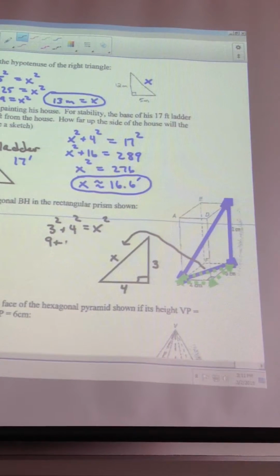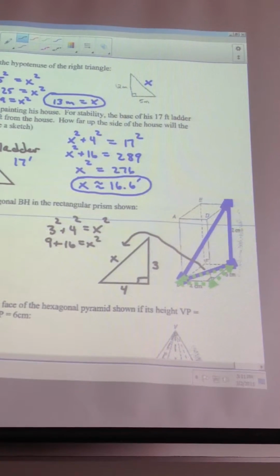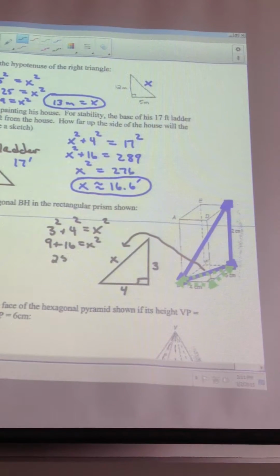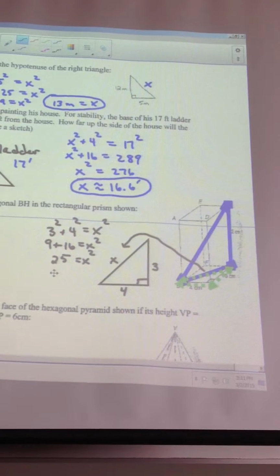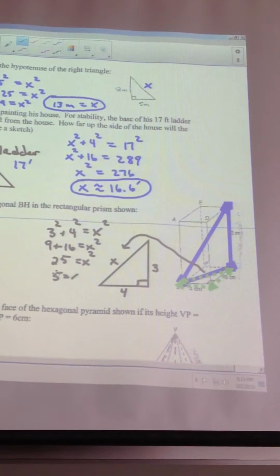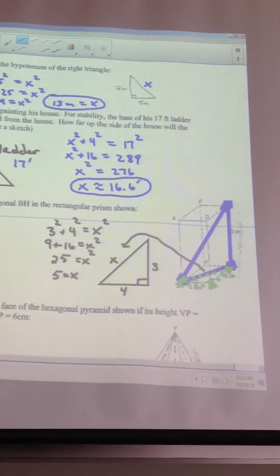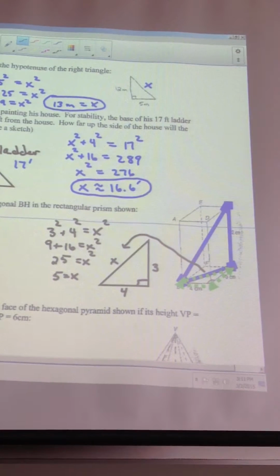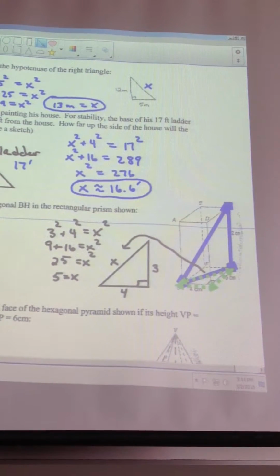That would be 9 plus 16 equals x squared. 9 and 16 is 25. 25 equals x squared, and the square root of 25 happens to be 5. So now that I have found that that one is 5, now I can transfer that answer over to the